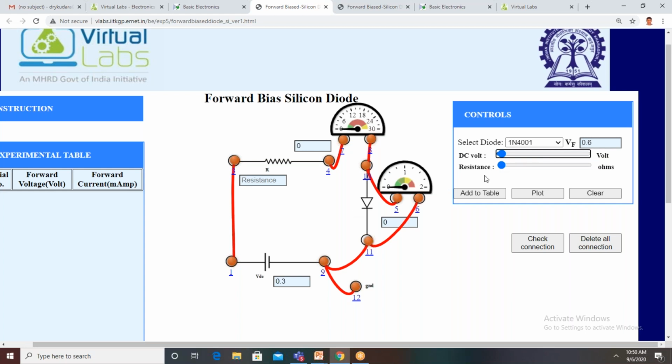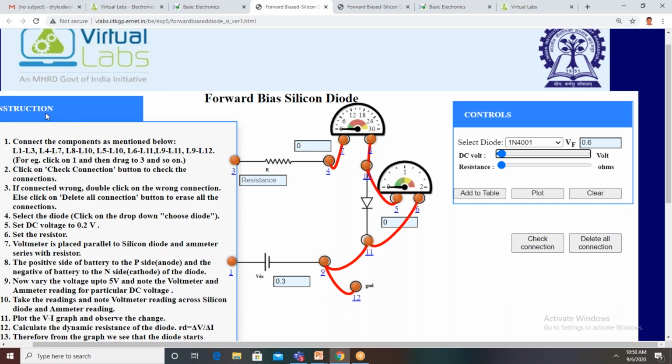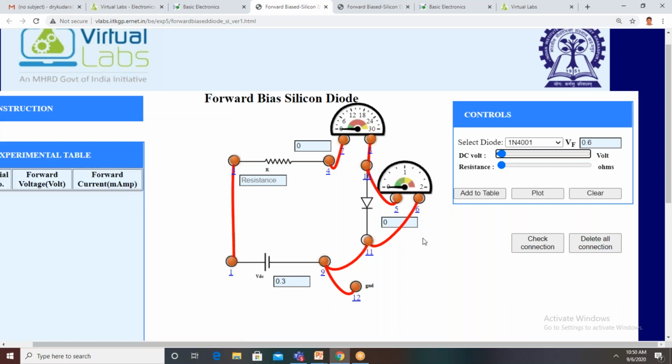Before that, first we have to set the resistance value. What is the value of resistance here? Its maximum value is 2 kilo ohms. We can set 1 kilo ohm, or we can set 500 ohms also, no problem. Now I am setting 1000 ohms, or 1 kilo ohm. Just by selecting the resistance value and pressing the arrow we can change the value. Now it is 1000 ohms. It is fixed.